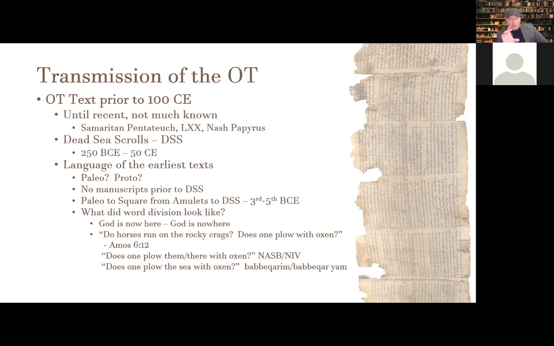We're talking about these small silver amulets with a blessing on it that we talked about a while ago. Those were written in Paleo Hebrew with no division of words. There's no space between words. Again,